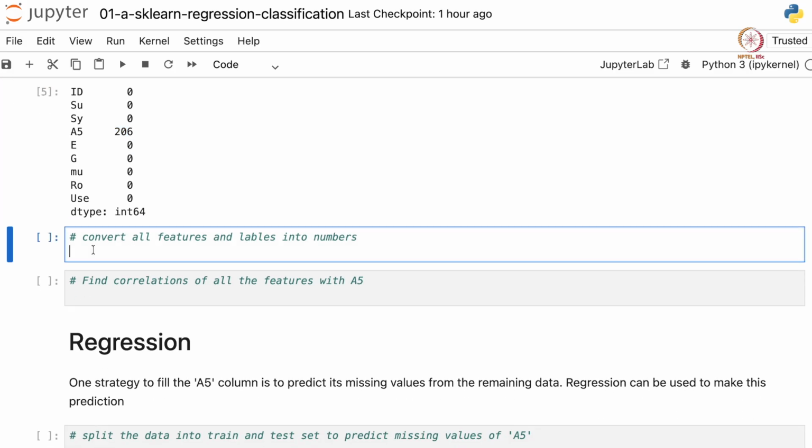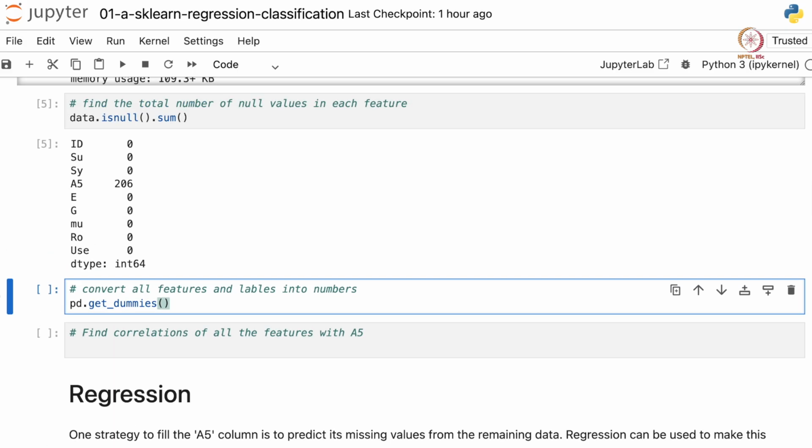And the next thing is to convert our labels, that is use, yes or no, into numbers or booleans. One way to do that is to use the apply method that we discussed in the previous tutorial. There's another elegant way to do it. So let me demonstrate the other way, but you can always use the apply method. So the other way is using the pd.get_dummies function. This basically takes in all non-numerical features and converts them into one hot encoded vectors.